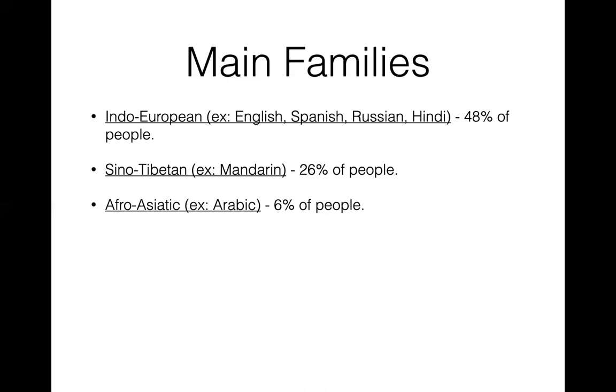So Afro-Asiatic, Arabic is the big one there. Austronesian is another important one. This is about 5% of people. The largest group here is the Indonesian language. But there's actually a lot of different branches of